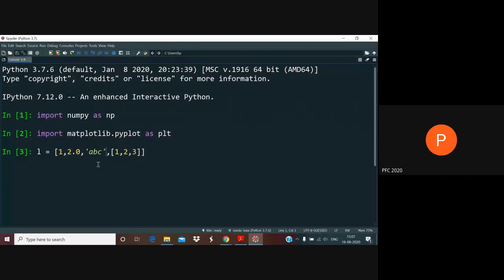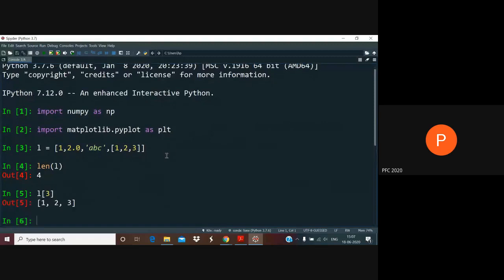Yeah. So I have 4 elements in this list, and as you can easily verify, if I check the length of the list using len, which is a built-in function, it tells me the length of the list is 4. And there are 4 elements. The first one happens to be an integer, the second one a floating point number, the third one a string, and the fourth one a list. So in particular, the fourth one is basically the 3rd element. Remember, the counting starts at 0. So 0, 1, 2, 3. And L3 is this list.